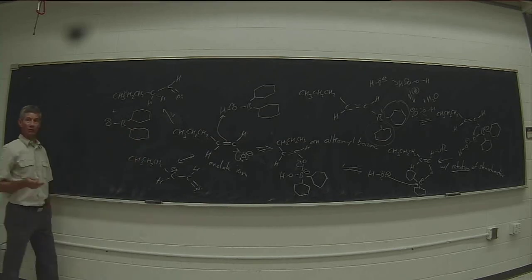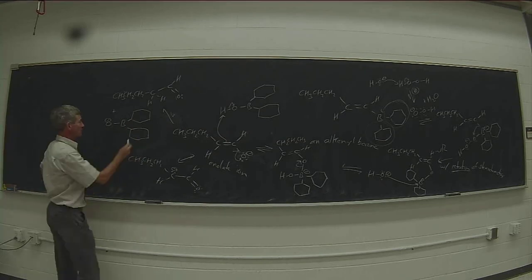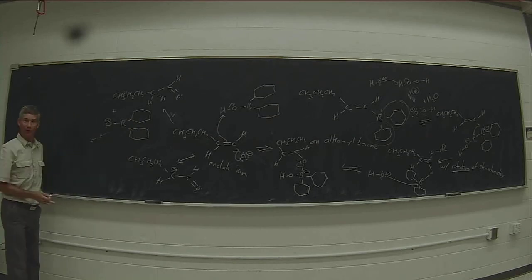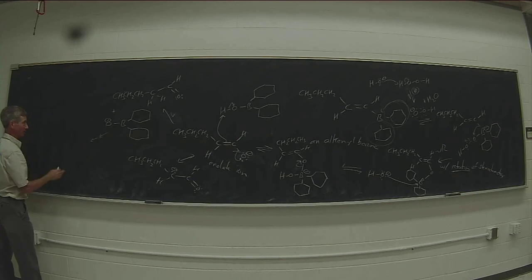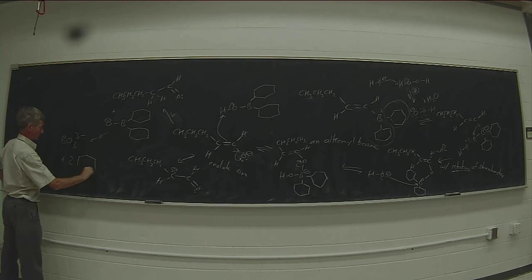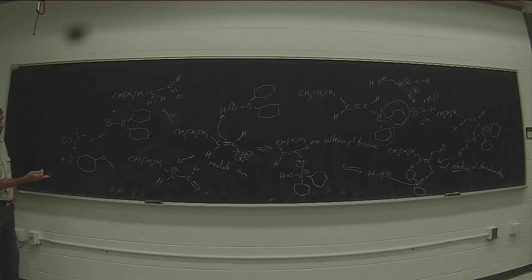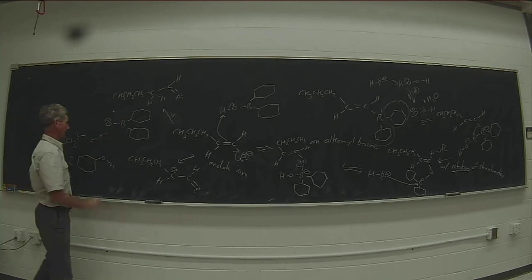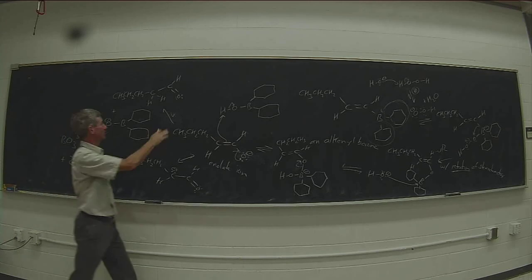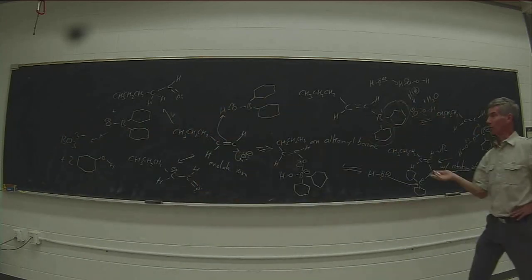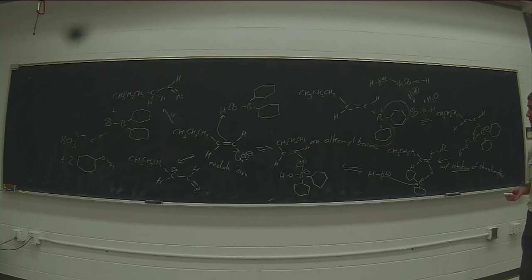You'll notice that this boric acid anion still has two R groups attached. Those two R groups can also come off as cyclohexanol. So in the end, you'll have BO3 minus and 2 molecules of cyclohexanol in addition to your aldehyde. Generally, alcohols are easily separated from carbonyl compounds by chromatography, so we don't worry about the fact that cyclohexanol is going to be a byproduct.